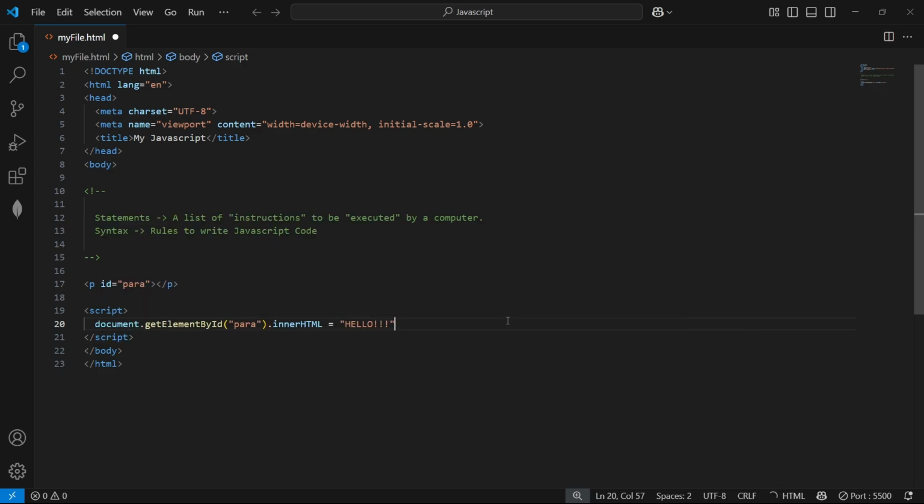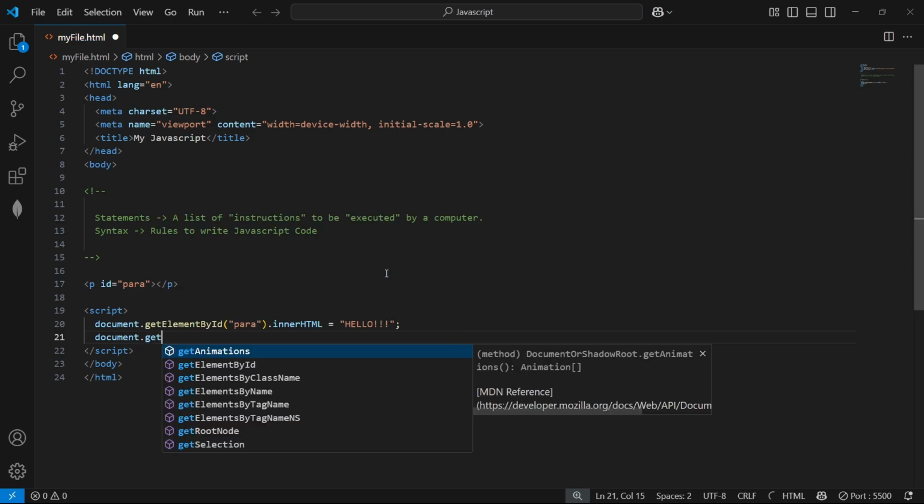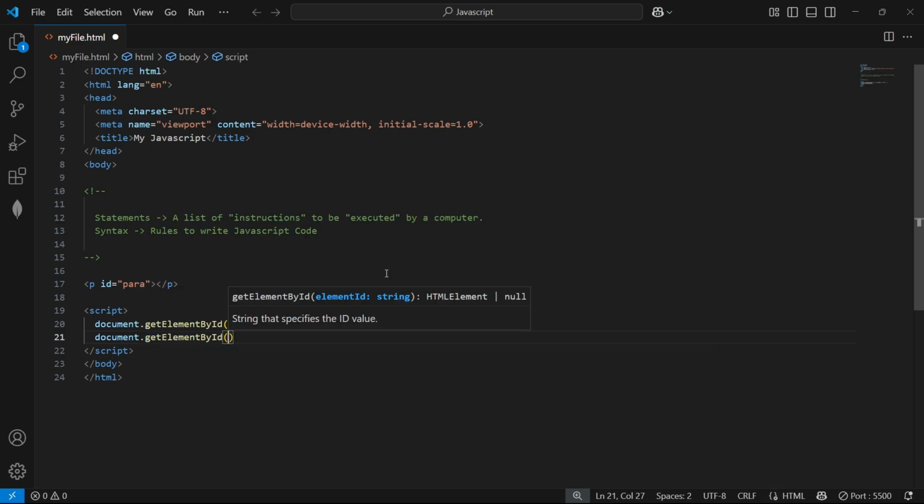Okay. Now, the other thing I want to teach you is the semicolon rule. I have told you before as well that it's a best practice to add a semicolon. It is basically the end of a statement, the end of an instruction. After that, I want to give a new instruction, for example, for this same para,